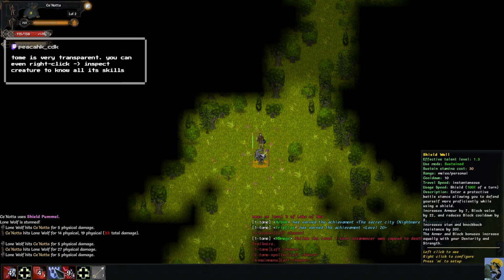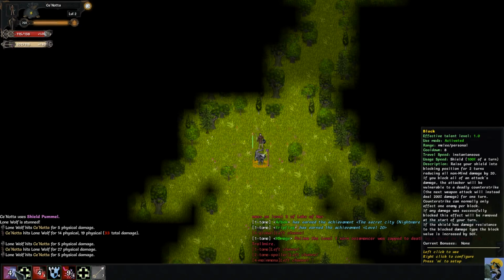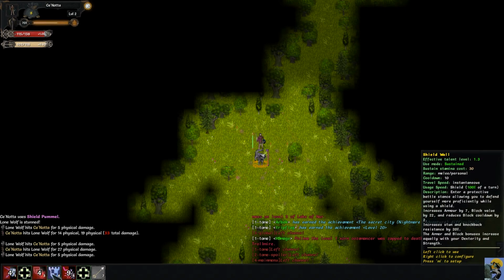Oh, that's cool, Peacock. I like that a lot. I love transparency in games. This basically allows me to protect myself, increases my armor by 7, which is damage reduction, my block value by 22, and reduces block cooldown by 2. Oh, so this is actually kind of cool. So if you use Shield Wall, it makes you be able to use this block skill better, but it reduces